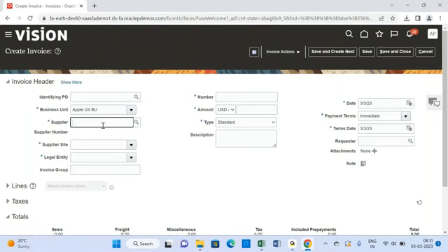Okay, so let us select the supplier from the list of values, right? And the site, which is assigned to this supplier. Let us say the supplier site automatically got defaulted because against this supplier, with this business unit combination, we had created only one site. If there are multiple sites, then it will ask you to select the site from the list of values. Okay, so let us give the invoice number,